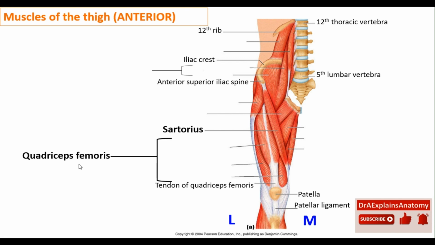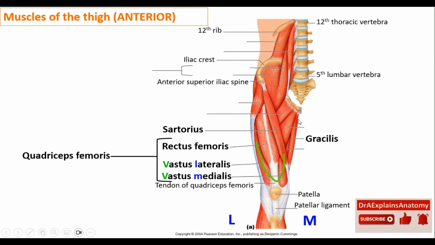So the quadriceps femoris muscle consists of the rectus femoris muscle and the vastus lateralis muscle. Lateralis, this muscle runs laterally right here, whereas this is the vastus medialis muscle. So the 2, vastus medialis and lateralis, form a V shape. And the 4th muscle is the vastus intermedius muscle, which is deeper to the rectus femoris muscle.